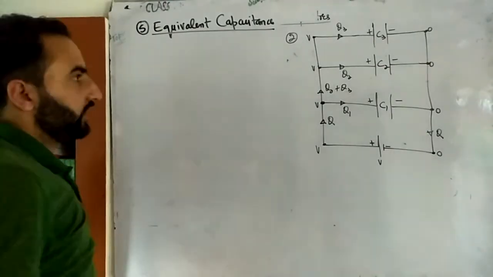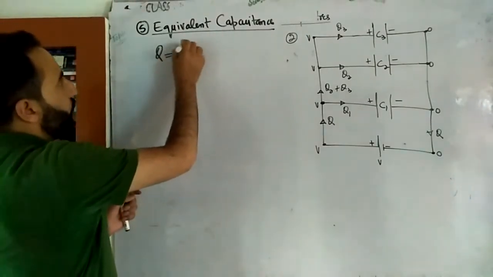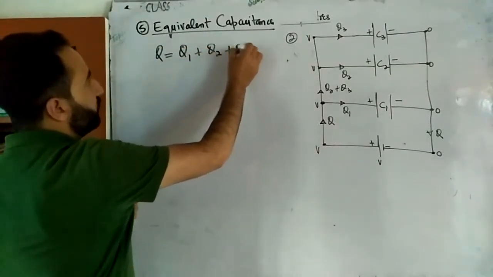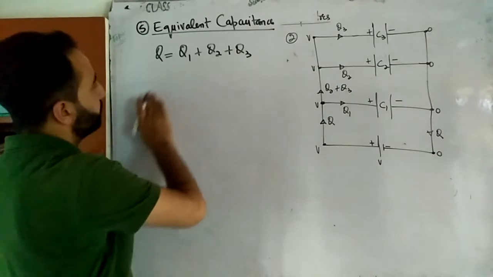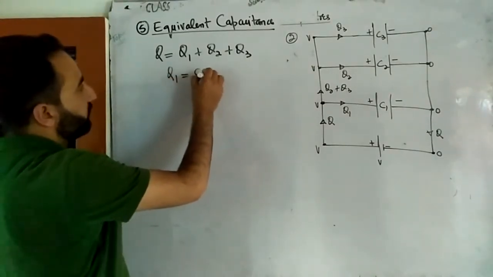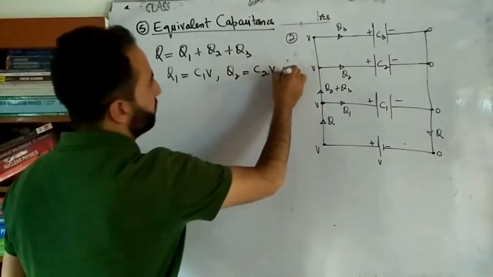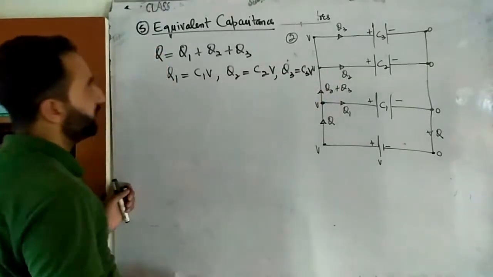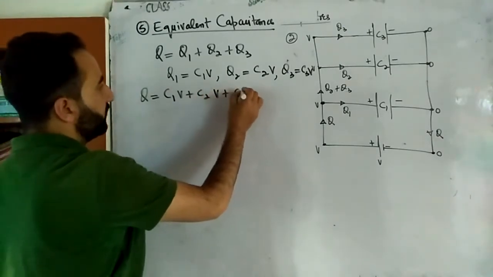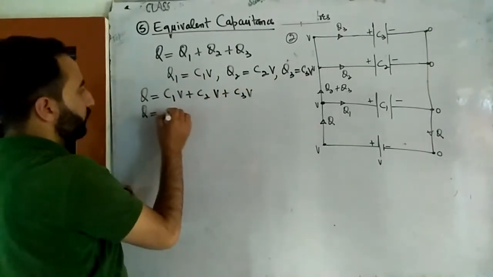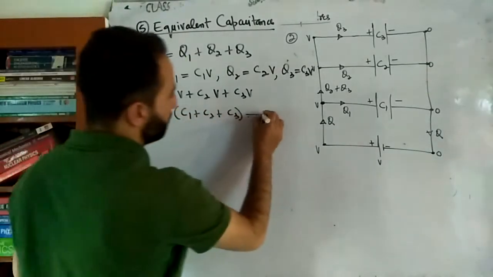So next, we want to calculate the equivalent capacitance. Let's try to calculate the equivalent capacitance. I will write down the equation like this: Q is equal to Q1 plus Q2 plus Q3. ठीक है ना बेटा? We can write this equation; simply this is charge conservation. Then Q is equal to CV, so Q1 will be equal to C1V, Q2 is equal to C2 multiplied by V, and Q3 is equal to C3 multiplied by V. ठीक है ना बेटा? Substitute all these equations here. Q will be equal to C1V plus C2V plus C3V. So Q will be equal to V multiplied by (C1 plus C2 plus C3). ठीक है ना बेटा? Suppose this is equation number 1.